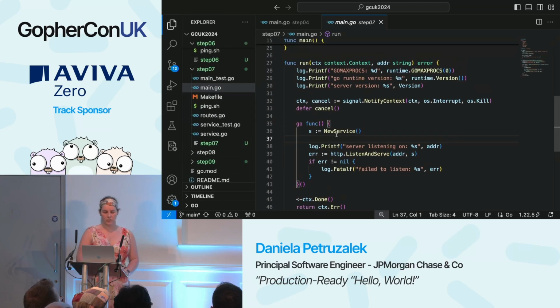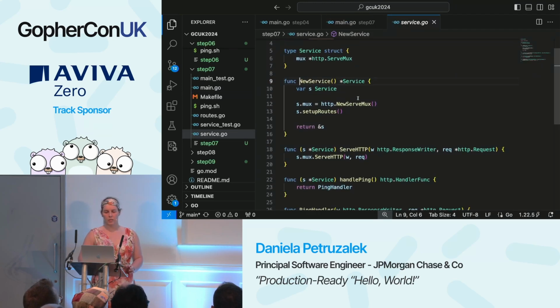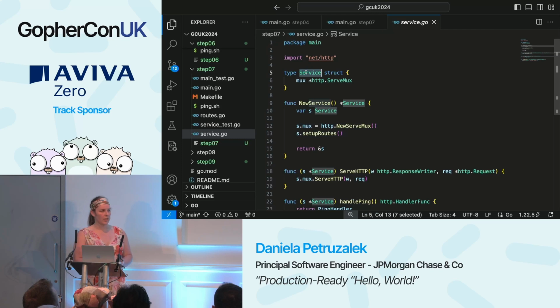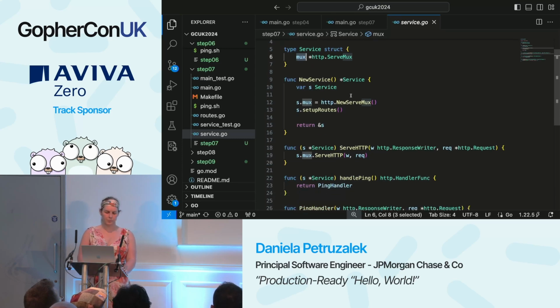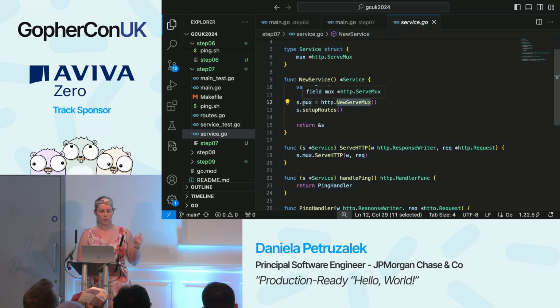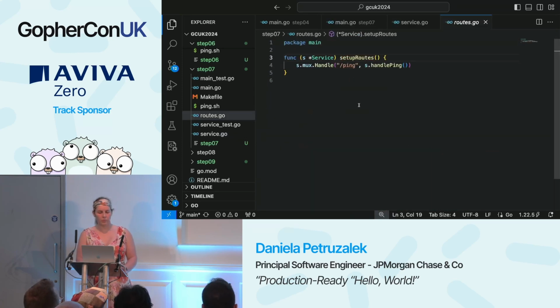Instead of using the default server mux, I will create my new service function, and I will use a custom server mux, initialized by me, where I have much more control. For now, this is just a type where I have a mux, but I could have all my dependencies here, database, and so on. New service is pretty simple: I instantiate the service, assign a new mux to it, and call a setup routes function that will register